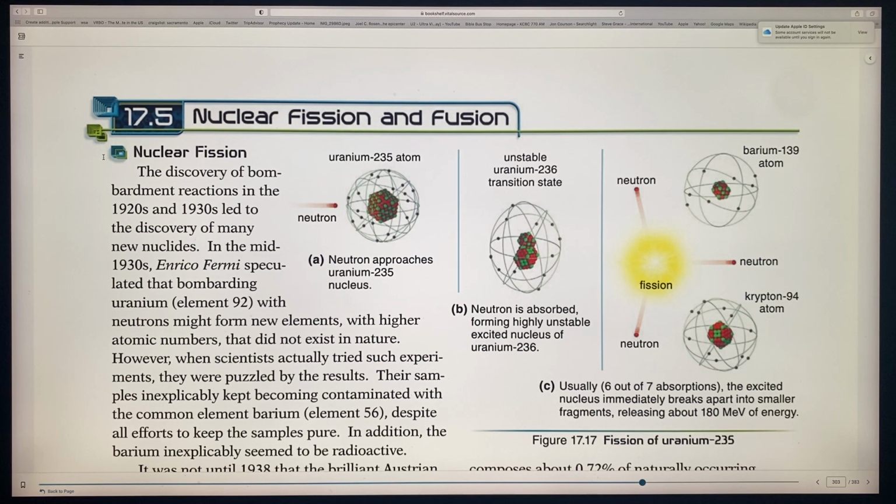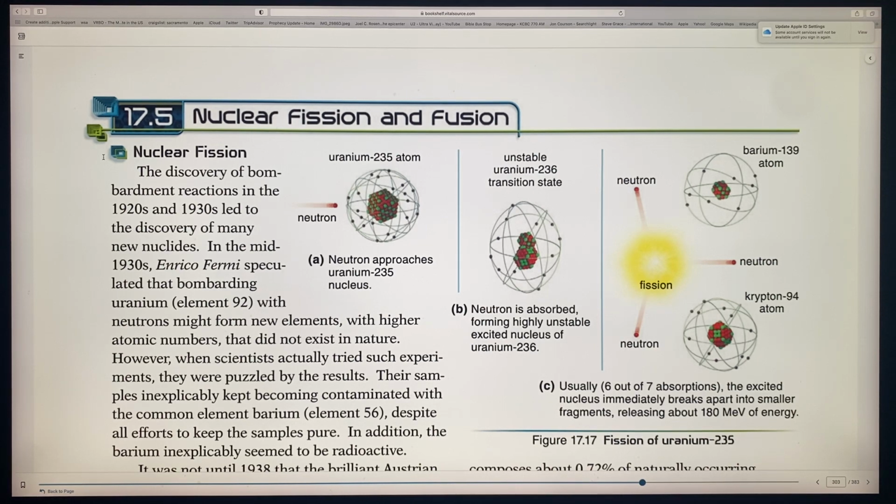This is pretty new. In the last century or so, we've advanced in this area, and so we're going to talk about how this affects our lives too. First, we're going to focus on nuclear fission. The history goes back to the time when they were bombarding different atoms, especially the uranium atom, with neutrons. And these bombardment reactions led to, in the mid-1930s, Enrico Fermi speculating that bombarding uranium, element 92, with